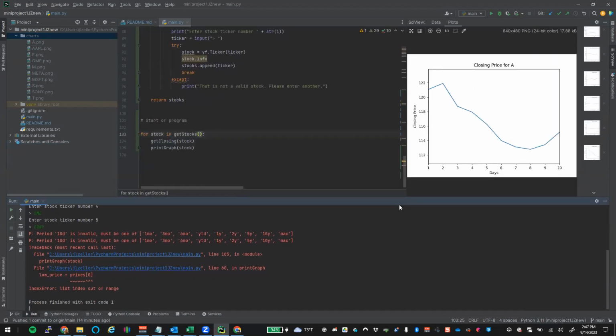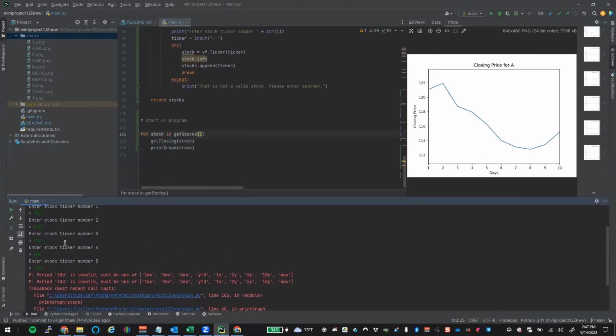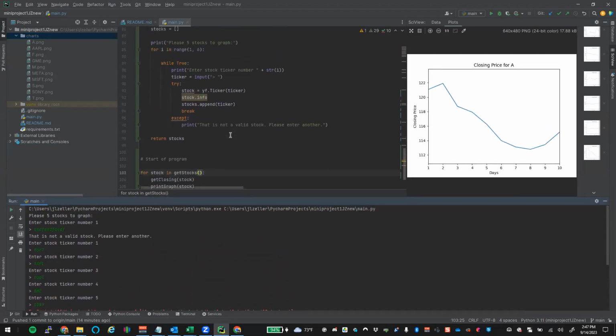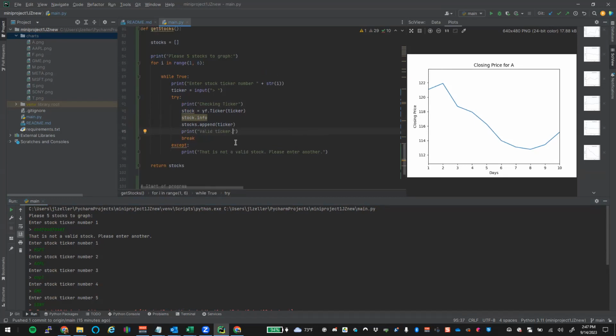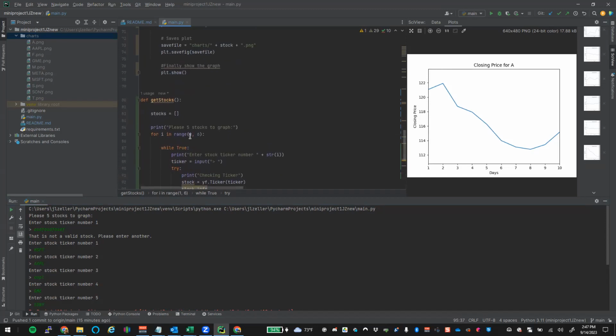So what we really need to do is have a better program here, right? When we go to check that, we may want to print something like checking ticker. And if that all works, we could print valid ticker. That'd get us through that part, right? And then when we go to print our graphs,